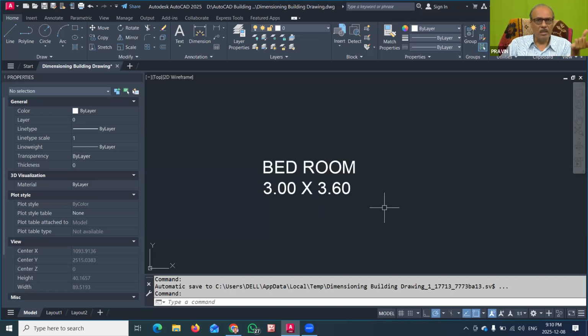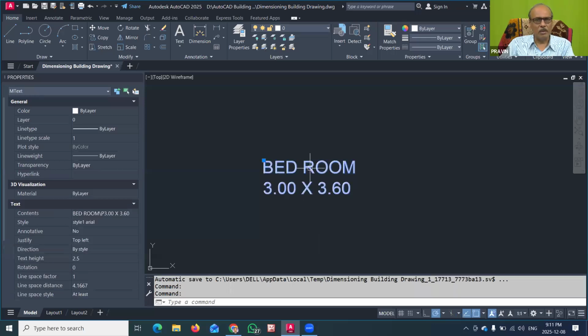Then the subheading, which on paper uses 4 mm letter height, here should be 400 millimeter. For other description text and dimension text, we use 3 millimeter or 2.5 millimeter text in the physical drawing, and here in AutoCAD we take 250 millimeter or 300 millimeter. So note down this important change about the height of the text to be written in the building drawing.